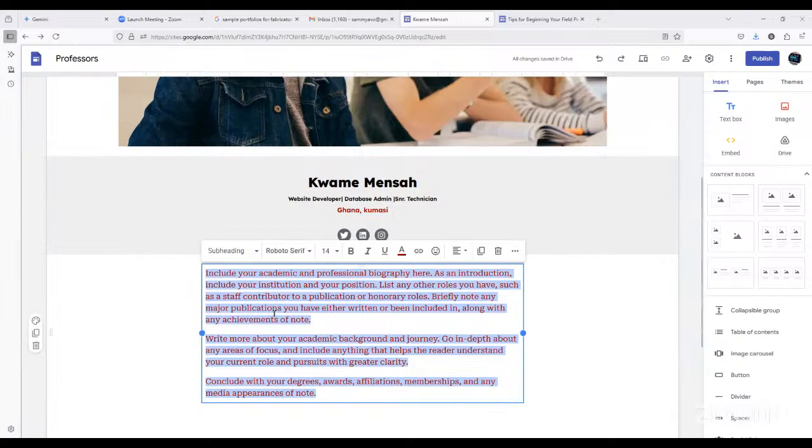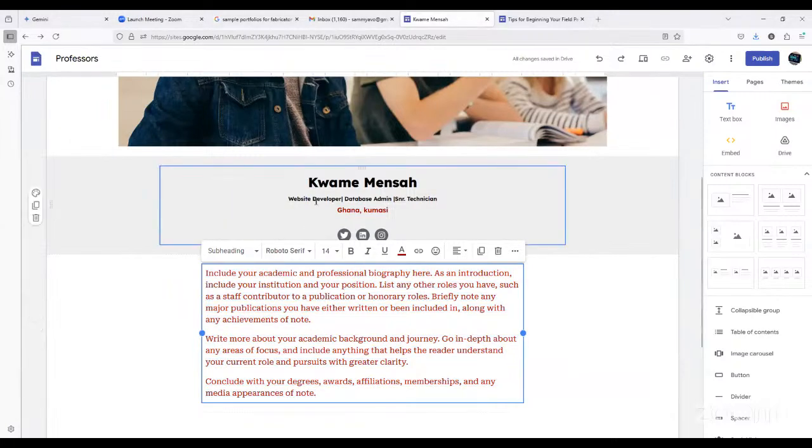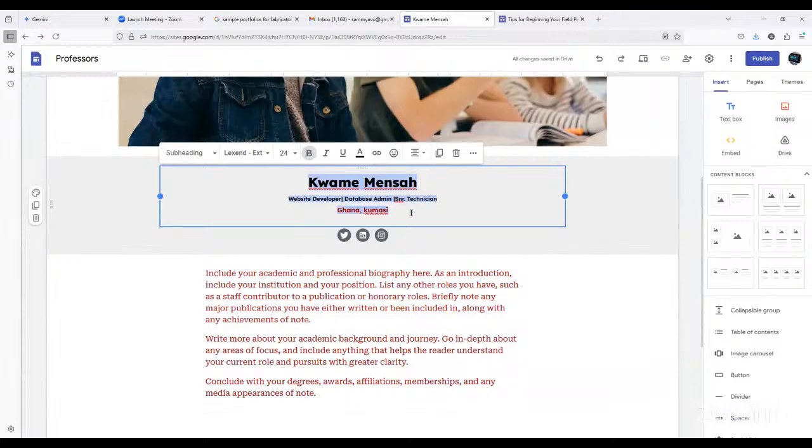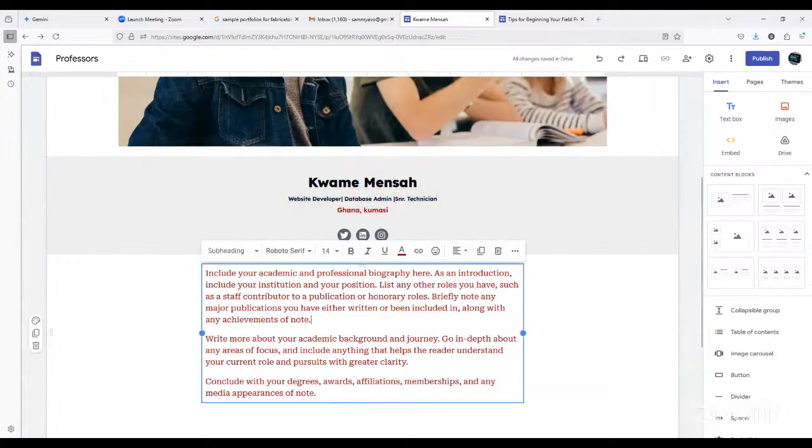So I'm going to type a short one. I will make sure that the font and everything is consistent. So we are going to type